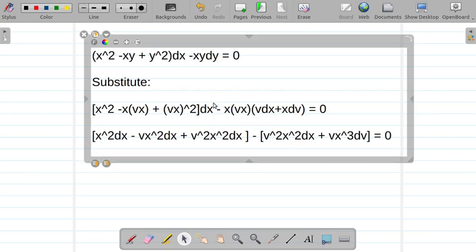So, sa kaning equation, mabantayan nato v to the power of 2 x to the power